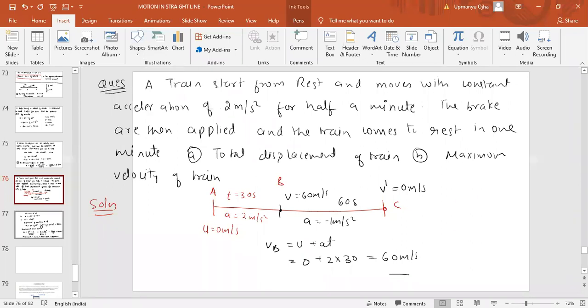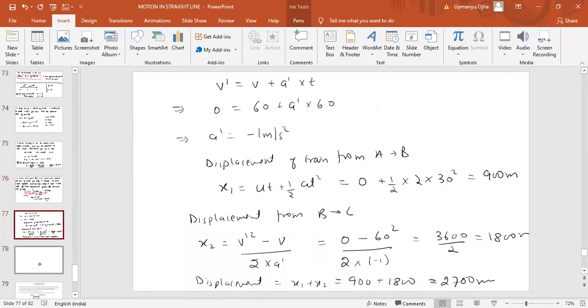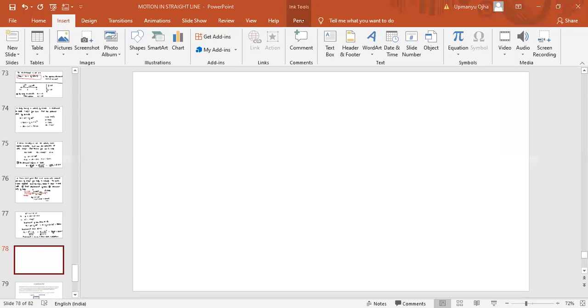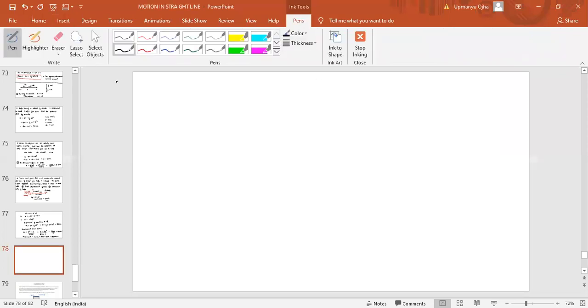Okay, so next is the motion under gravity. Whenever we are talking about the motion under gravity, we are talking about the vertical motion. This example we can do at home also. You drop something from a certain height. What will happen? It will come near to the earth, or it will be attracted towards the earth. The particle motion would be a vertical motion.